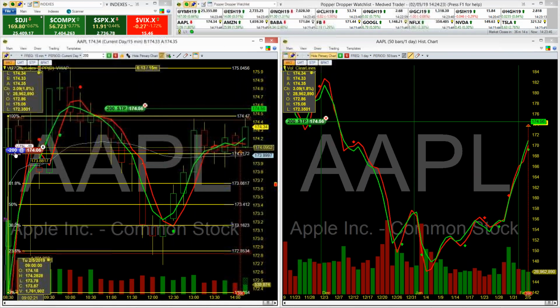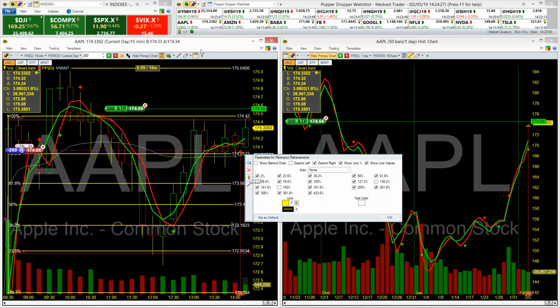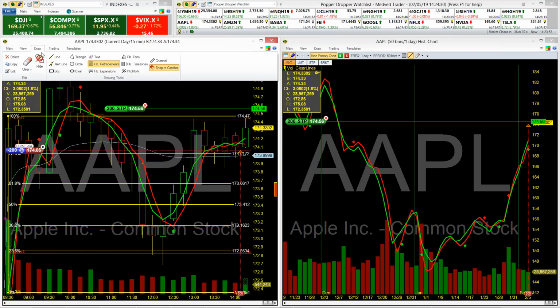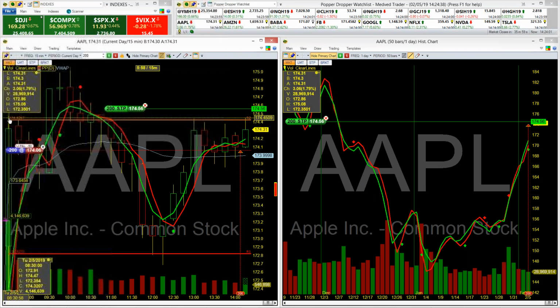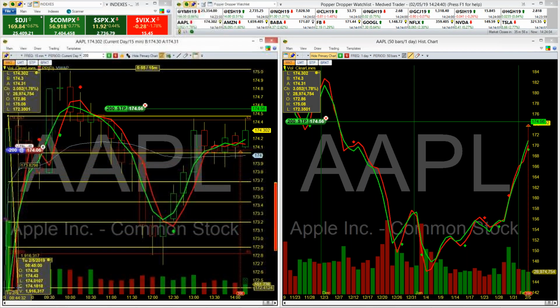To get rid of it, you can either put your mouse over the value and right click and hit X, or you can go up to draw and hit clear. You can either hit the eraser or you can hit clear and go down to click clear Fibonacci retracements. So there's several ways to clear those